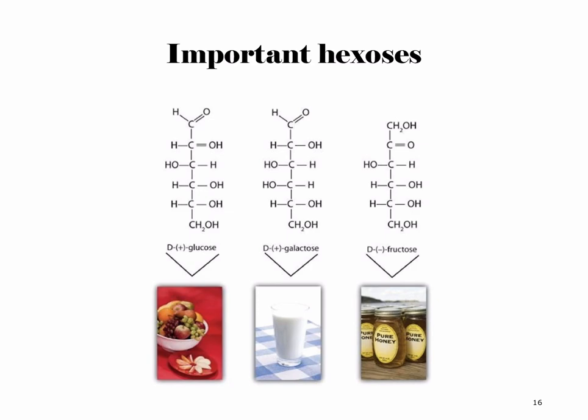They're all going to be D, because the hydroxyl group on the penultimate carbon is on the right. So these are all D enantiomers. And this makes sense because all naturally occurring carbohydrates are going to be D enantiomers. Like I said, I'm not going to have you memorize what the specific enantiomer is or what the specific structure of glucose is, but look at this and I'll tell you it's glucose